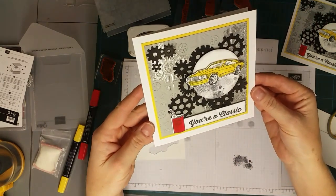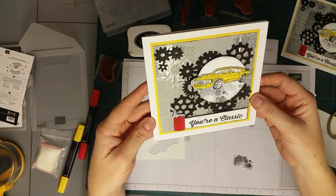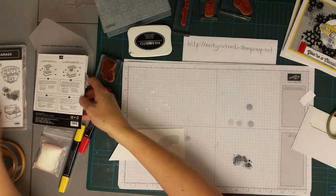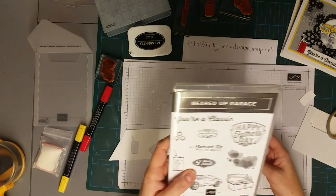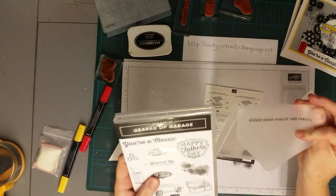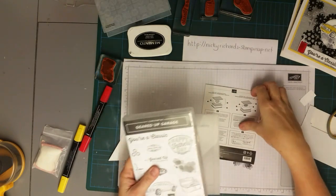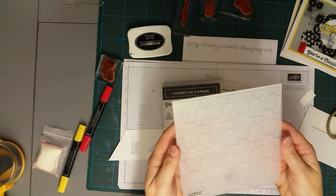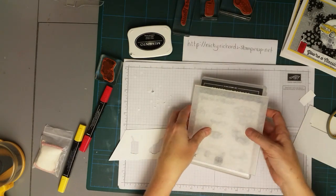So there we are. There's the finished card. And once again, you have been watching Gear Up Garage and Garage Gears Thinlets, the Tin Tile embossing folder, and you've been